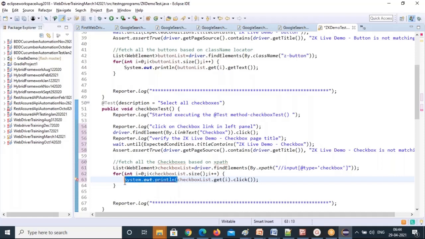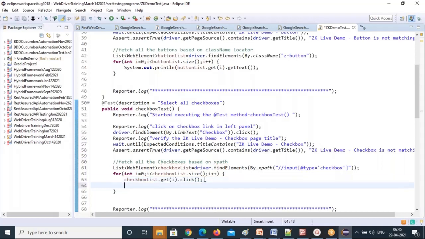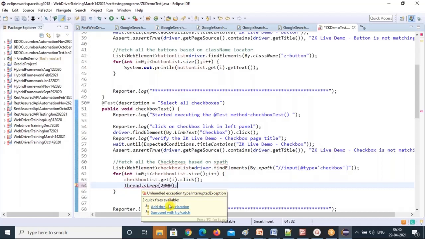So this println won't be there. The click method is not a return type method, it's a void method. So we give some time. I'll just give some time: Thread.sleep, 2 seconds I'm giving. 2 seconds is enough. So import this and add a throws declaration.